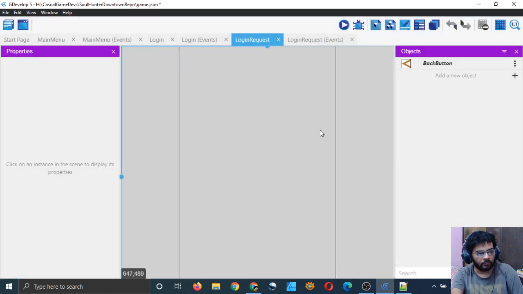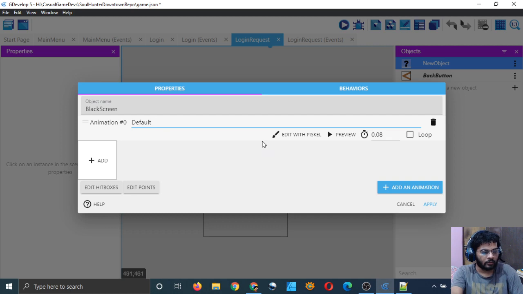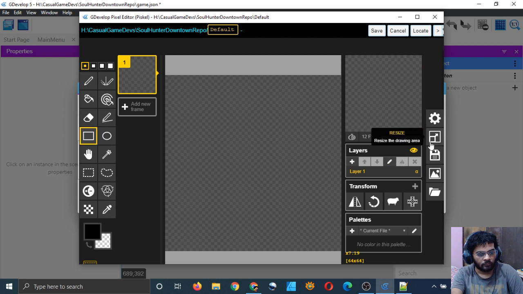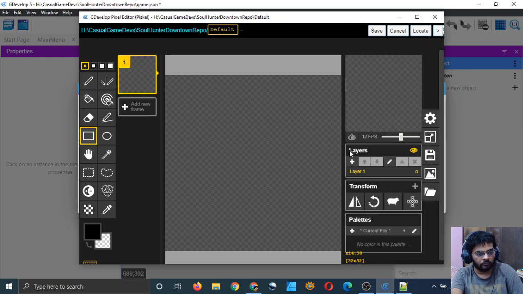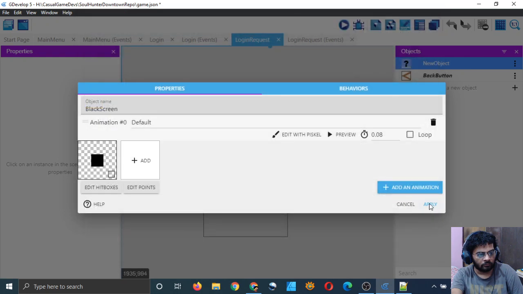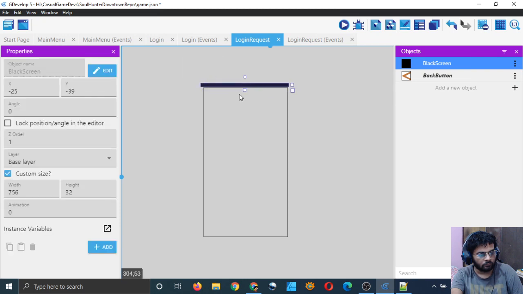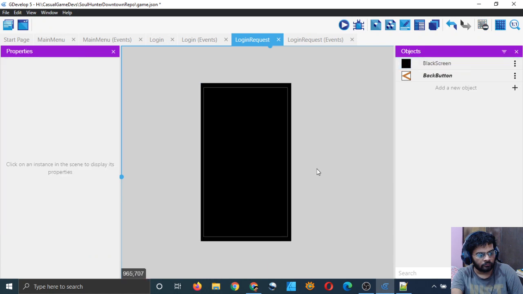I will open it and I will need a black screen here, add an animation, default, and edit with Pascal, resize it for easy editing first of all to 32 cross 32.